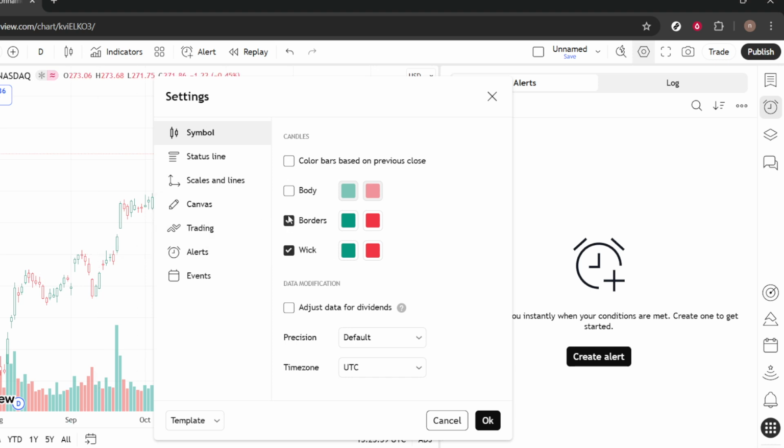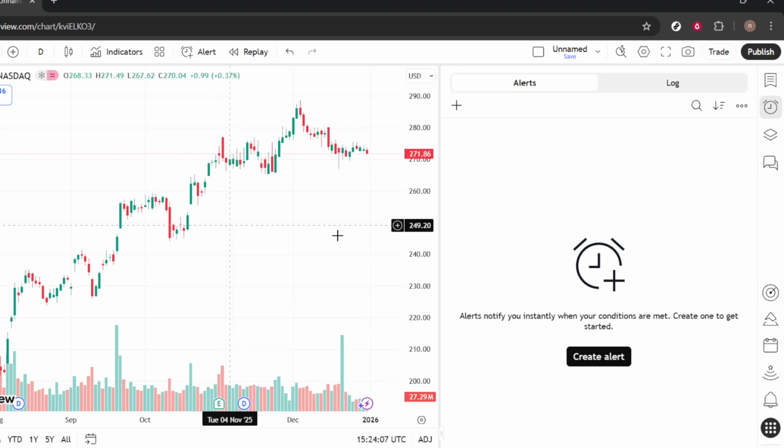Do this so you can see the difference. By comparing an empty list to a carefully rebuilt one, you'll understand precisely what's visible and what stays hidden. This approach is non-destructive, fully reversible, and great for analysis sessions where you need to remove bias, declutter your screen, and then reintroduce symbols methodically. Take your time, watch how the screener responds to each selection, and use that clarity to make better,